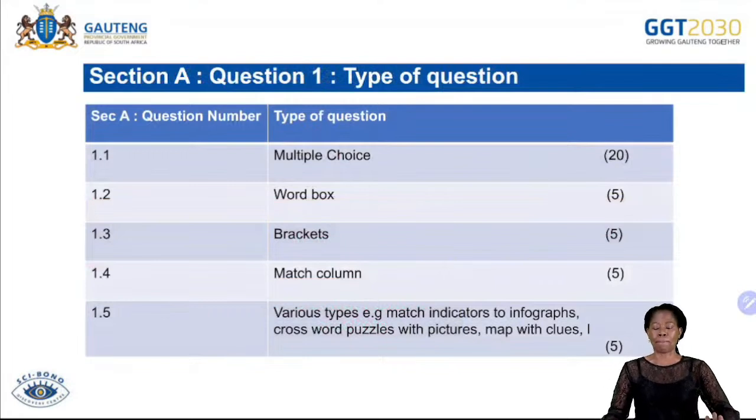You can get match indicators to infographics, crossword puzzles with pictures, maps with clues, and any other question where you may be asked to rearrange some of your answers. So this is our section number A. Please be ready, and then take your time. You saw the minutes that you must spend, and then you will be able to accomplish what you